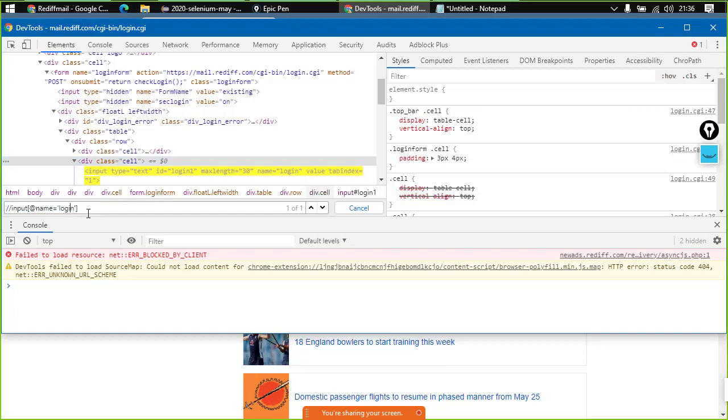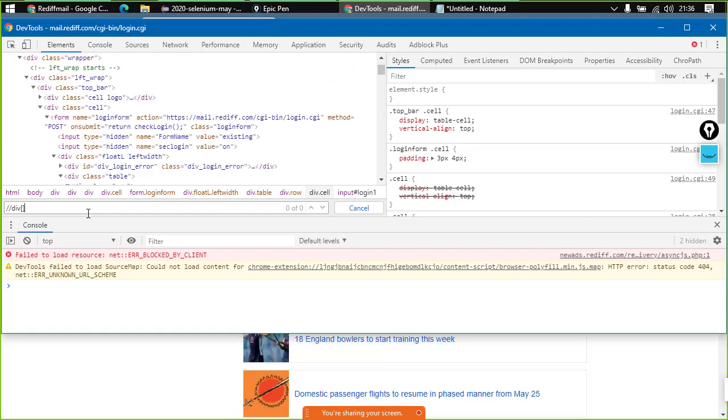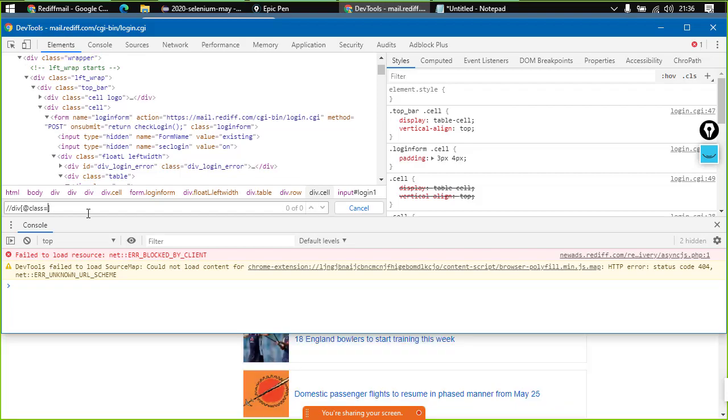So double slash div, then attribute @class equals to cell. But there are a lot of elements.